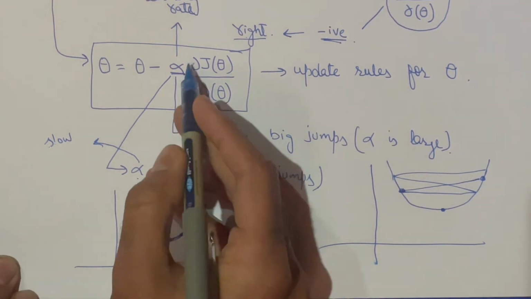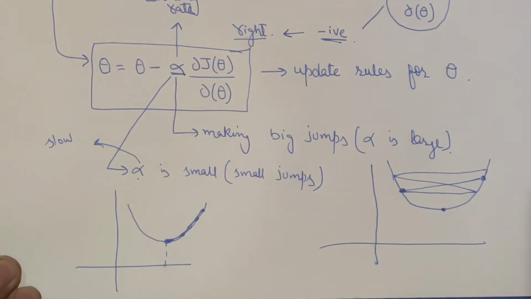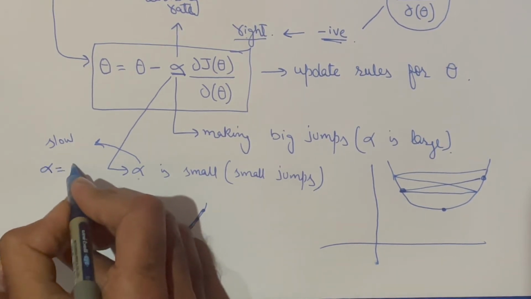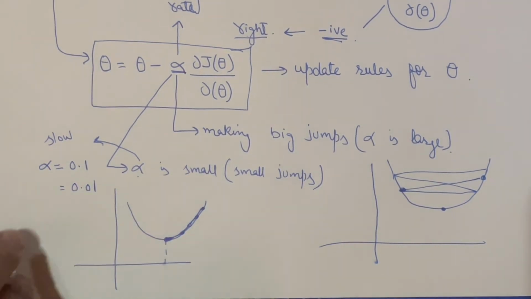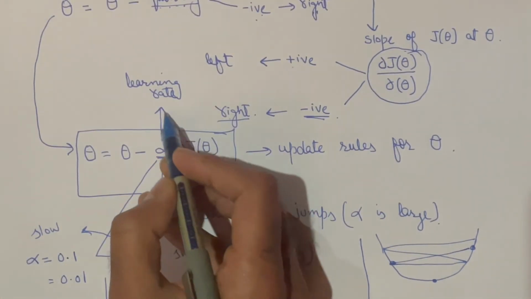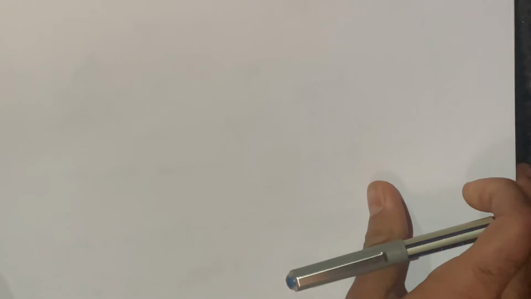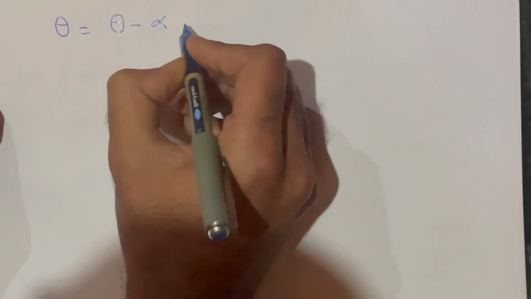Okay, so you have to do different experiments to find out what alpha to use. I will also show you how you can choose the alpha, but initially you should use alpha as 0.1, or sometimes you can also use 0.01 or 0.001. So this is called the learning rate, or we can say how fast we are changing theta, alpha. So what are our update rules now? You can see that our update rule is theta is equal to theta minus alpha times